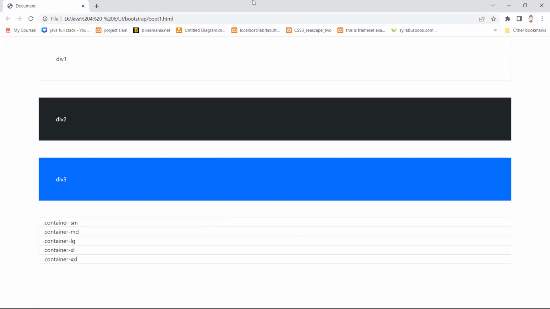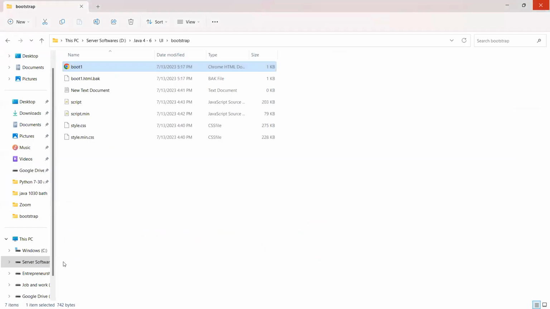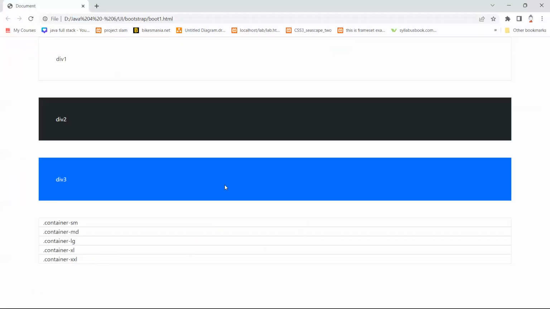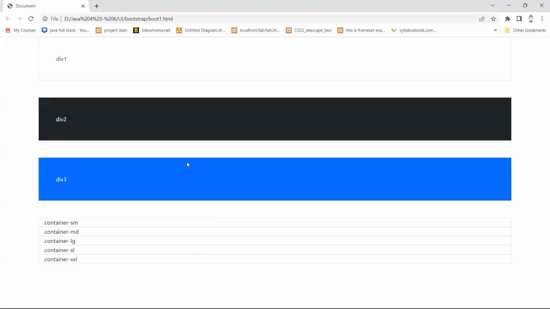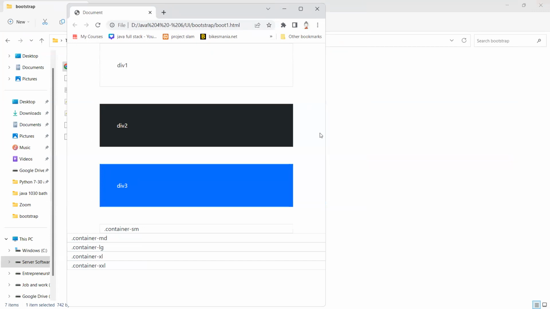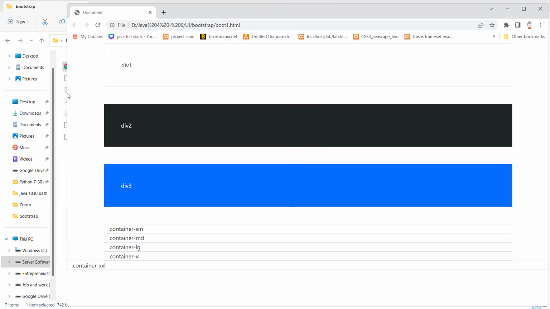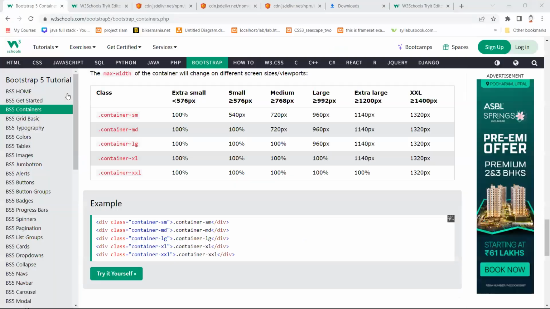See this? Container small, container medium, container large, container XL, and container double XL. Guys, just look at the difference between these divisions. See, whenever I go responsive, see this one. See what are the different margins for each division. For double XL,